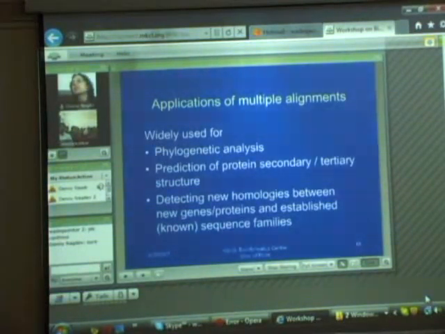So, some more applications of multiple sequence alignments. They are widely used for phylogenetic analysis, which is in fact the theme of the workshop that you are attending. So how to use multiple sequence alignments as an input for phylogenetic analysis will be explained by Yakov Saifullah. I will not go into the details of that. Then they are also very useful for predicting the structures of the protein, both secondary structures as given earlier already.